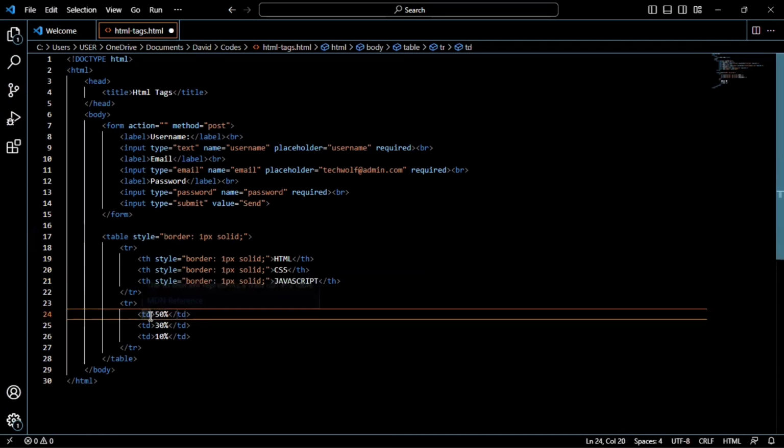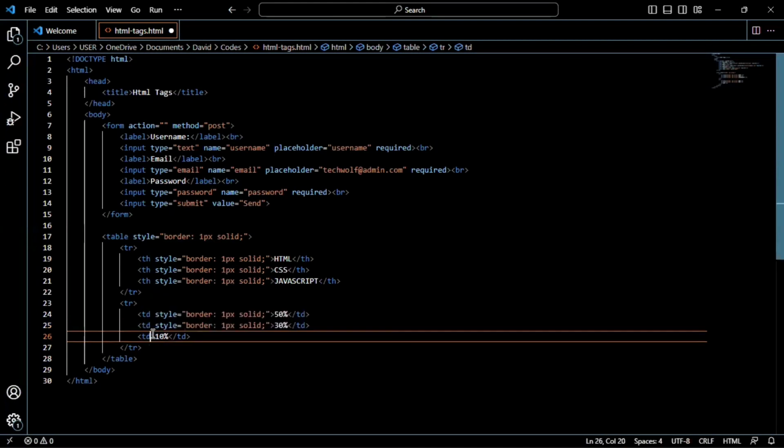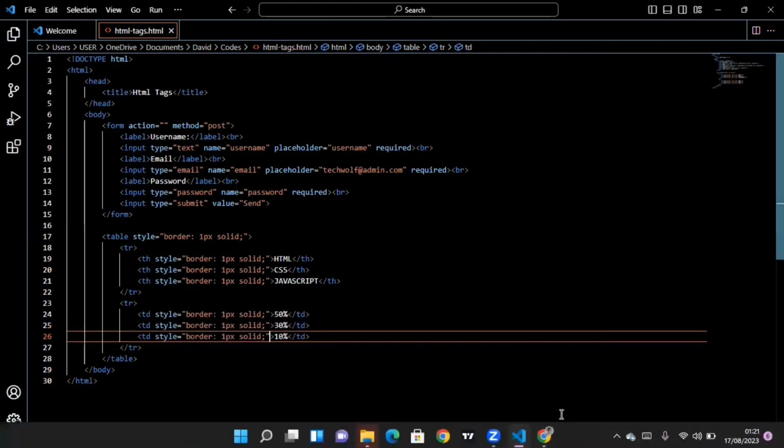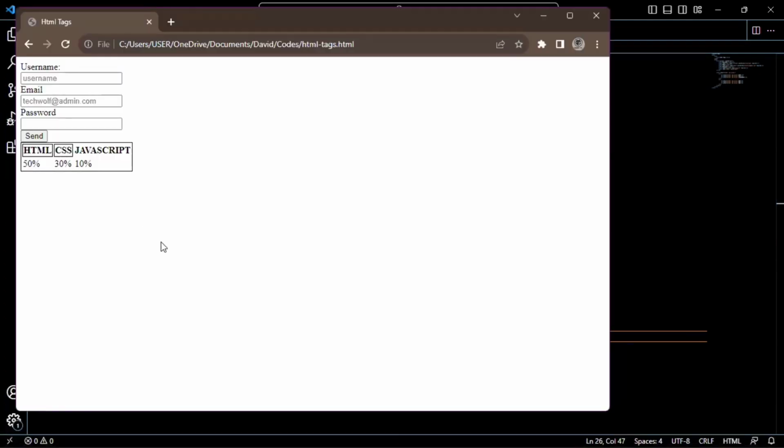Go over here. And go over here. Save, then let me go here and reload. Okay, so this is a basic table